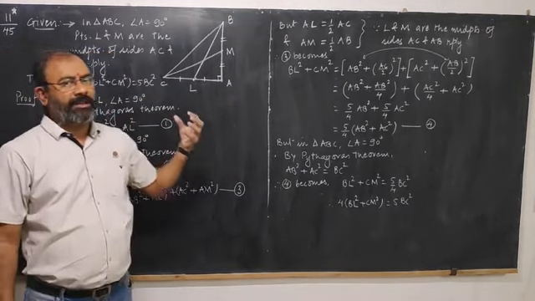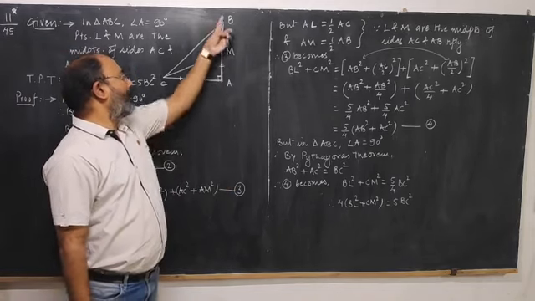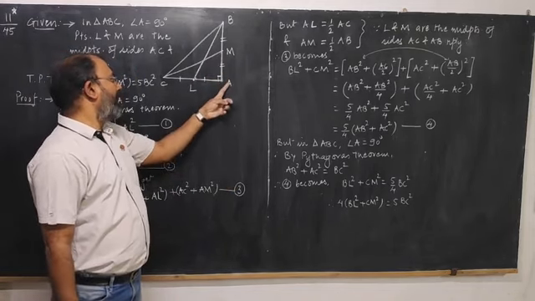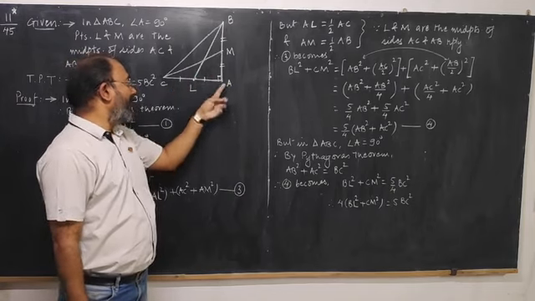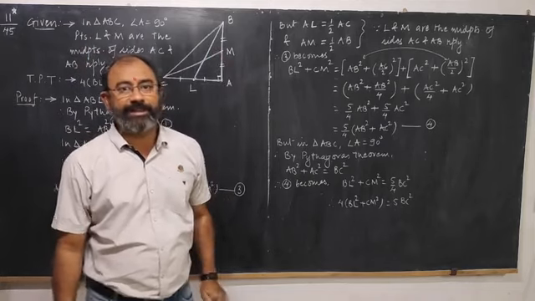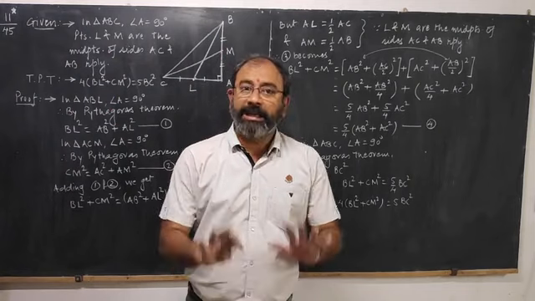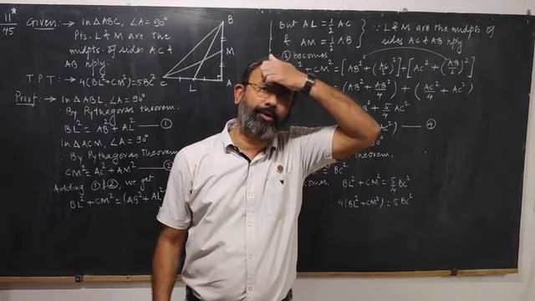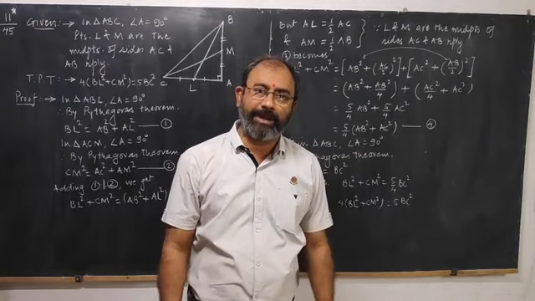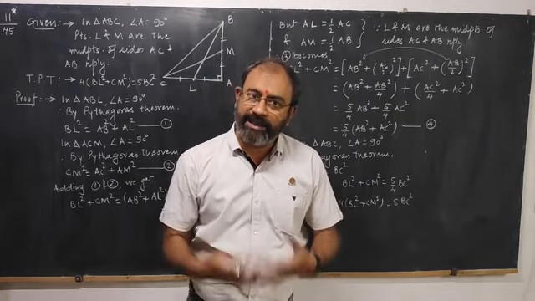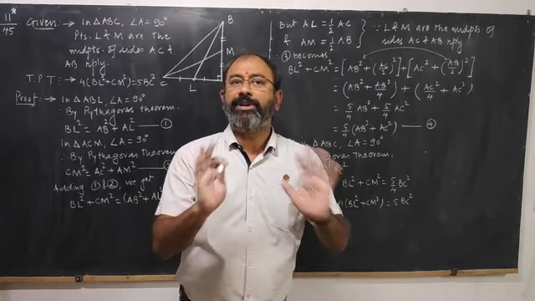If you observe, there are 4 right triangles: A, L, B; A, C, M; A, B, C; and A, L, M. We have to apply Pythagoras theorem in 3 of them. You can apply it in the 4th also. The problem has 3 different channels to reach the answer. I am giving you the easiest out of those 3. So we are going to apply Pythagoras theorem in 3 right triangles.